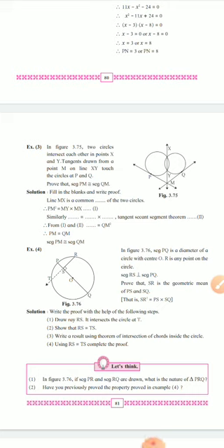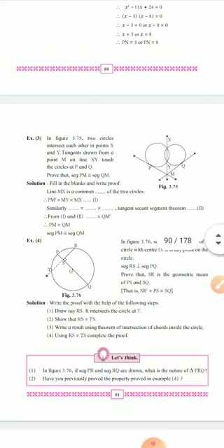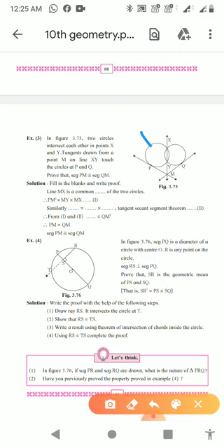So line MX is a common dash of the two circles. MX actually intersects both circles at two points, X and Y. It will intersect this circle at points X and Y, and it will also intersect the other circle at points M and Y. As we all know, if a line intersects the circle, it is known as a secant. So in this blank position I have to write secant. Therefore I complete this sentence as: line MX is a common secant of two circles.